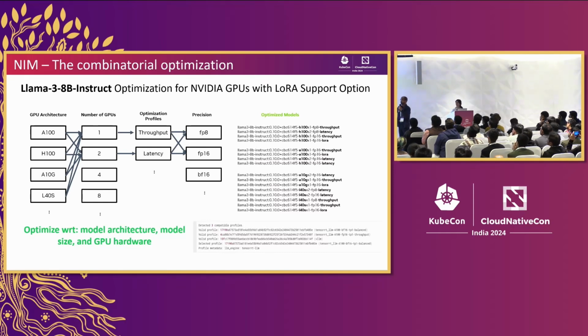What kind of GPUs you have? How many GPUs you have per node? What is the throughput you want, and what's the performance indication that you have from a latency and throughput point of view? And what is the precision value you want? So based on all these, you can select which model you want to run. And that is where the optimization overhead is removed from a developer or a system admin who is deploying this, to ensure that the NIM will automatically detect it. It uses the intelligence that it has, and decides which model is required for you to run.